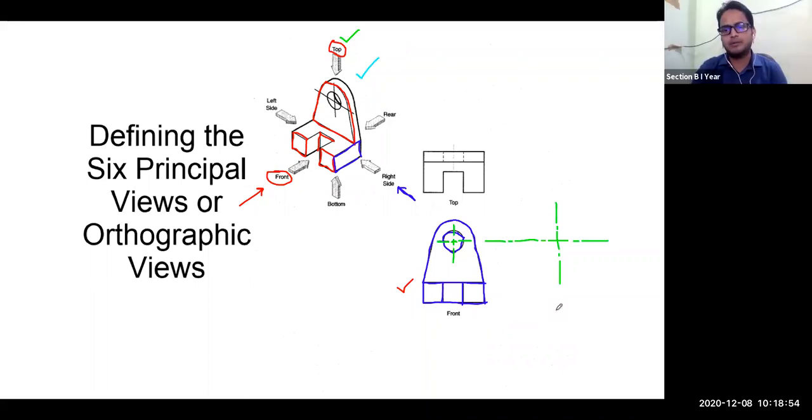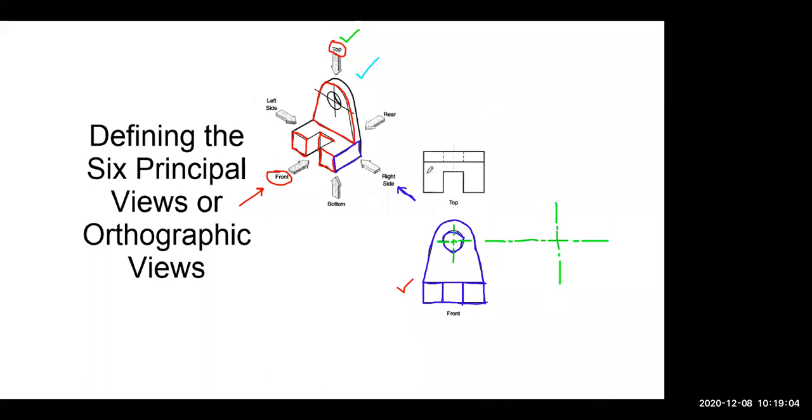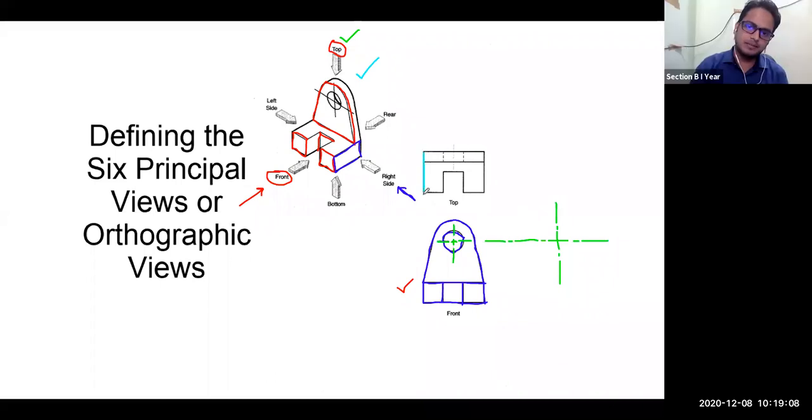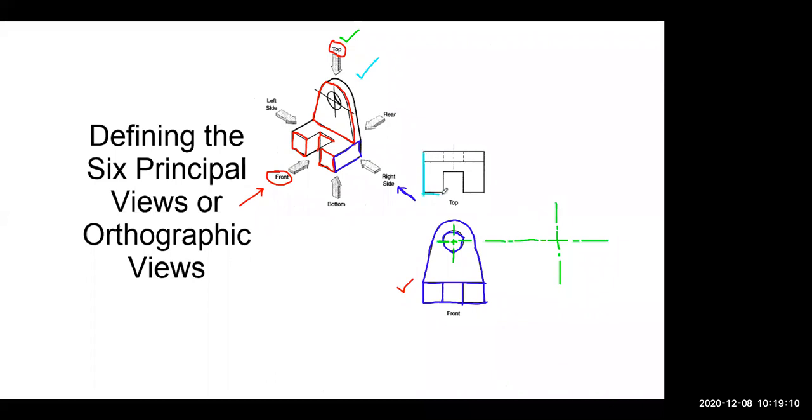What is the type of line that you are getting here? In the figure that is visible on the screen, this is representing your thick lines.